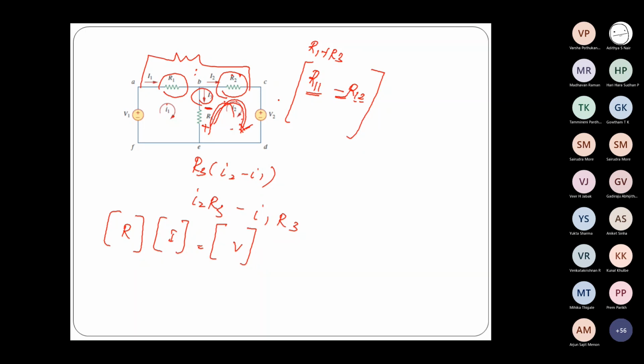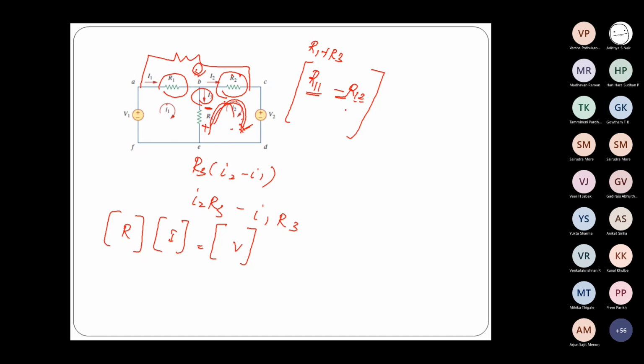Please don't make this mistake. Always you have to assume the clockwise direction. If you go for anti-clockwise direction in some of the loops, then this generic matrix is not applicable. You can do that and you can solve it using normal equation simplification. But when I want to go for this matrix method, just by inspection of this network, I can write the matrix. But this is applicable only when I assume the clockwise direction.